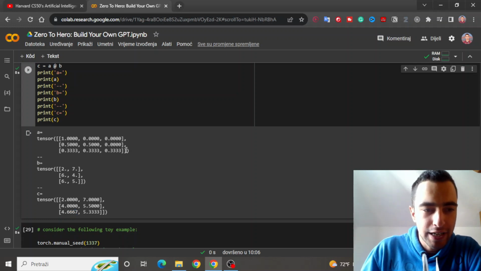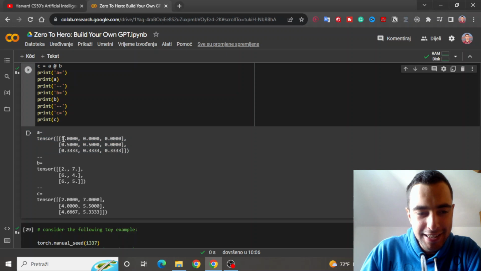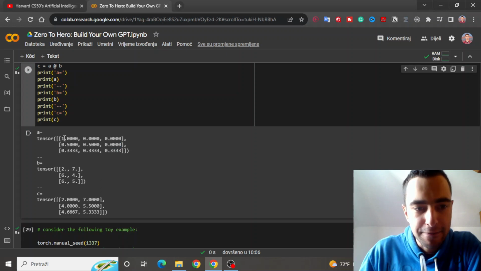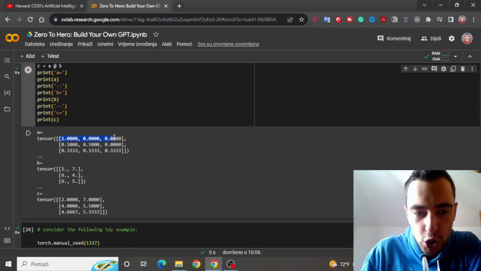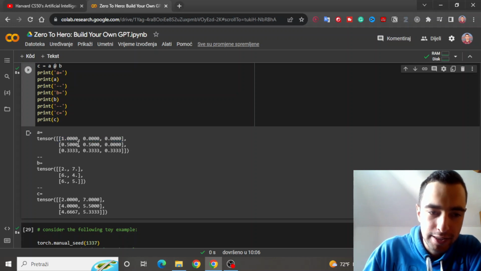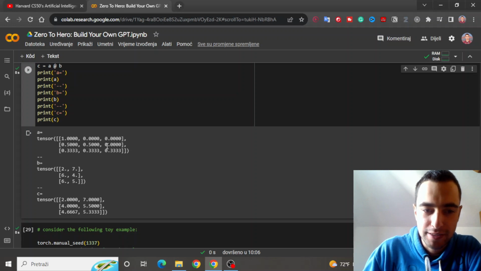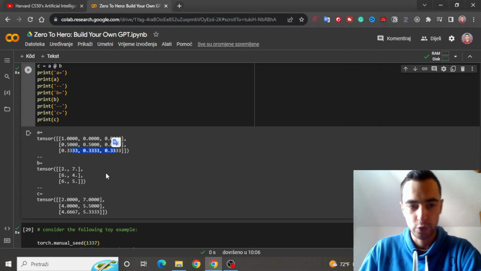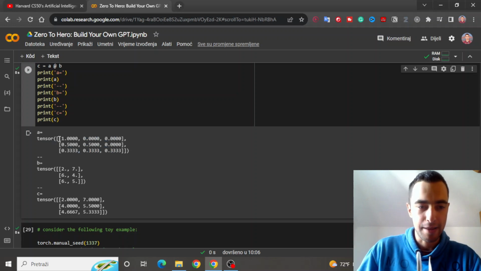Now if we take a look at this tensor, you can see that this is a triangular matrix. The upper triangle is all zeros, and then we have some numbers below. So you can see that every row adds up to 1. The first row, 1 plus 0 plus 0; 0.5 plus 0.5 plus 0; every row is 1. So it turns out, if you do a matrix multiplication between this matrix and this matrix, you get this matrix,